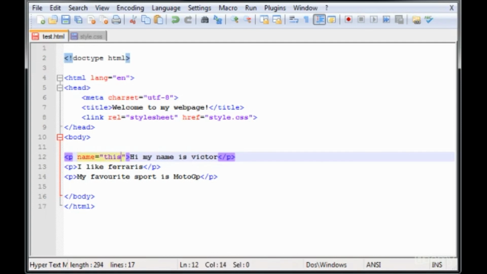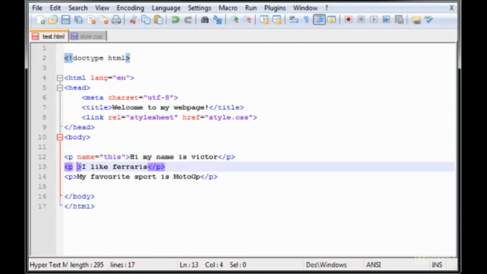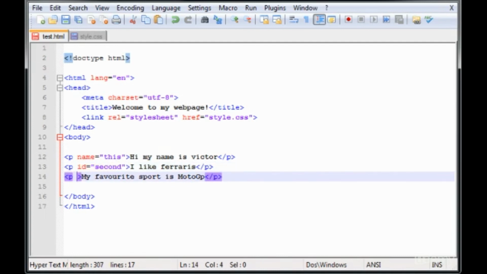Okay, save this, and here let's put here as well, let's type here ID second, and here we can type ID third. Now what will happen is